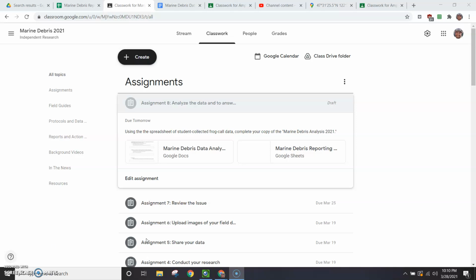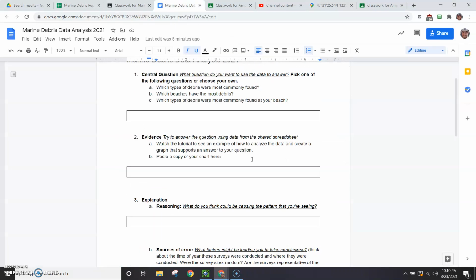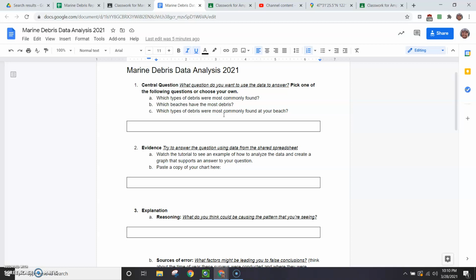Hey, welcome to this tutorial about completing assignment 8 and analyzing data to answer a question about marine debris. When you open assignment 8 in the marine debris classroom, you'll see two attachments. The first one is a Google Doc that looks like this. That's going to, first of all, ask you to come up with a question that you think